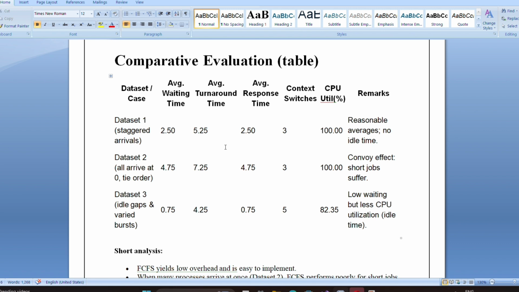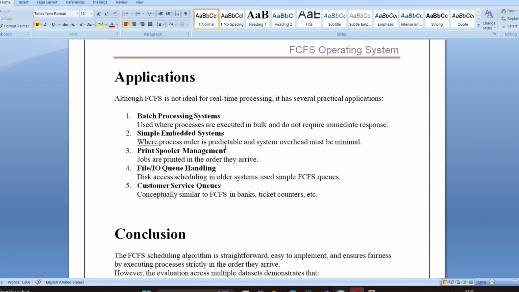These are all, as I have already said, written in a comparison evaluation like a table. And applications: batch process system, second simple embedded system, third print spooler management, fourth file input and output queue handling, fifth customer